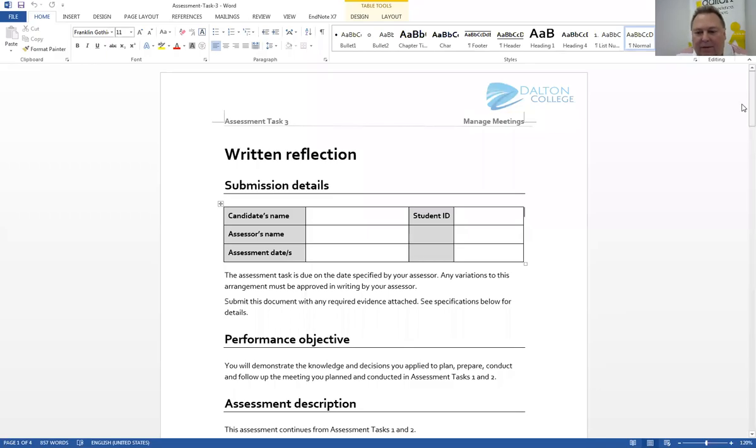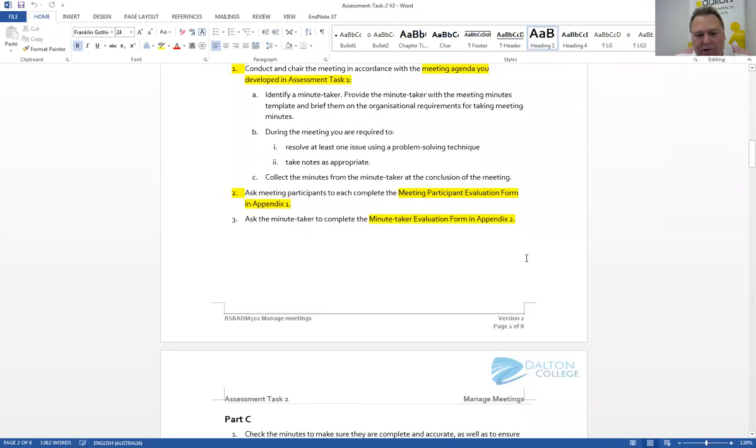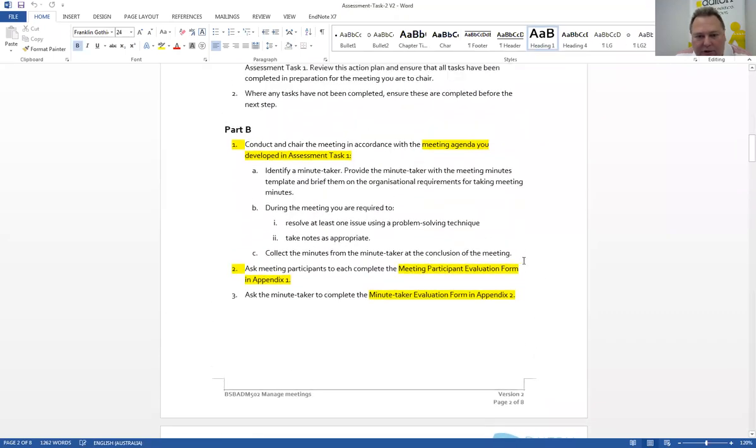I'm a qualified business and marketing trainer and assessor, and today I will guide you through task 3 of manage meetings. But before I do that, we'll just recap on the past 2 tasks that we've guided you through. So if we go back to task 2 quickly, just to refresh your memory, there was a requirement where you would have to develop a meeting agenda